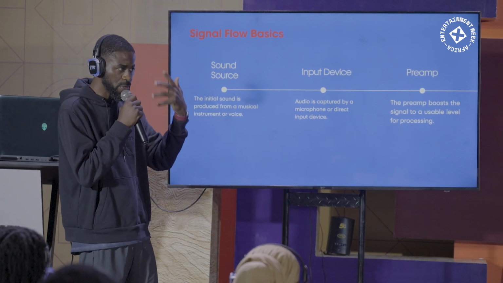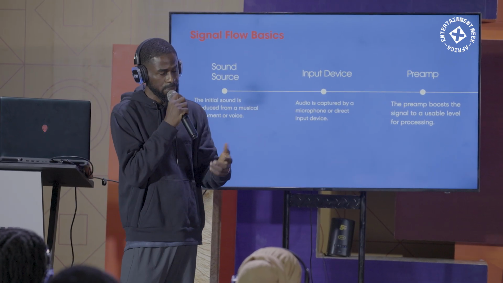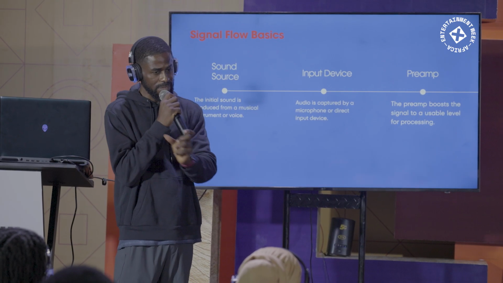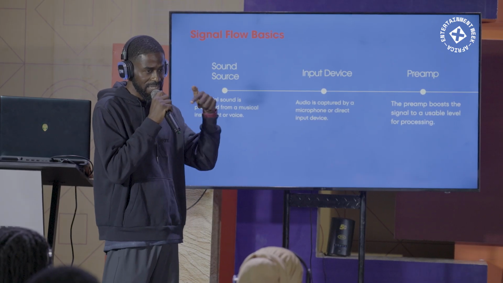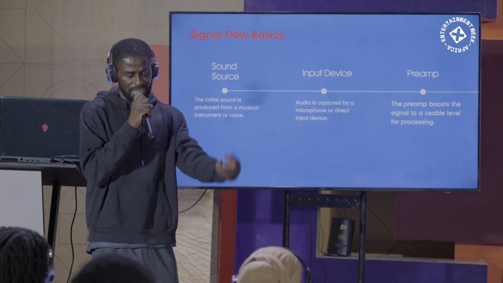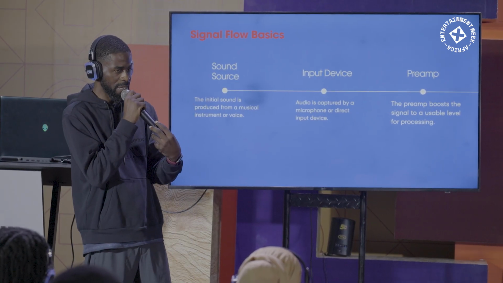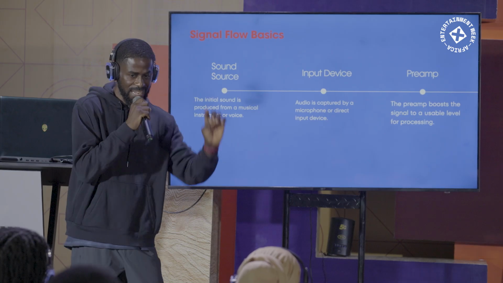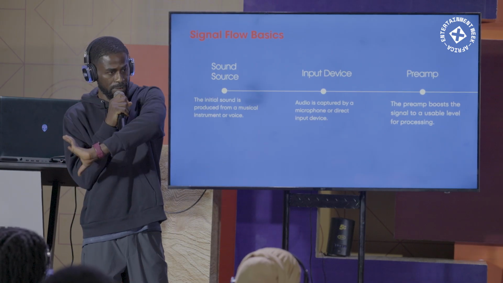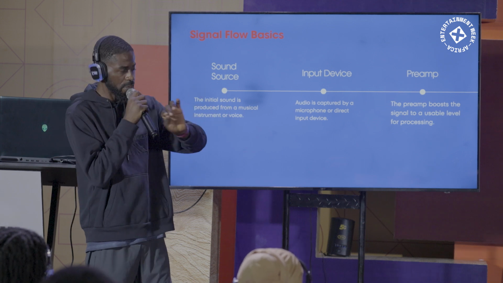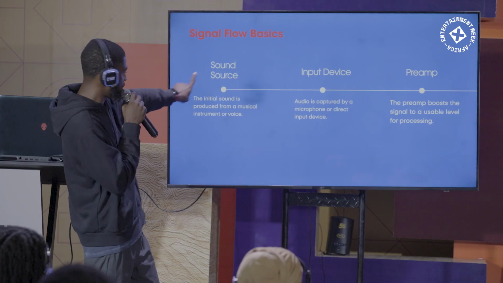You understand? So that would also give you an informed decision with your cable type. So this is a female XLR cable. That is a male XLR cable. The microphone is the source. It's taking the signal from my mouth to convert it into a mixer. So I need the female to go to my microphone, and the other part of the cable will be the male that goes into the female. So it's always a male to a female, not a male to male or female to female. All right. So that's the explanation of sound source.